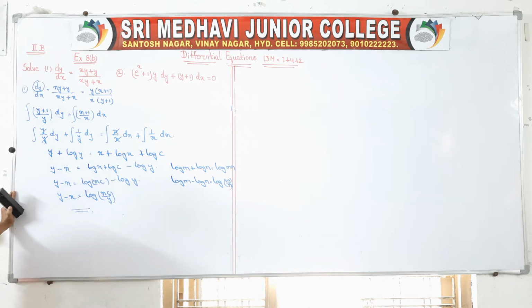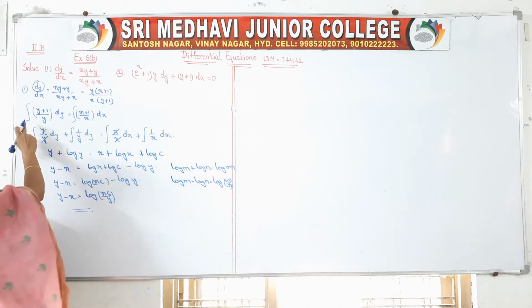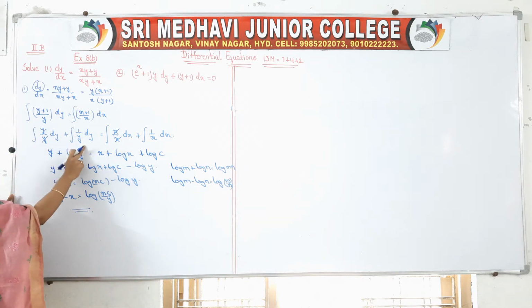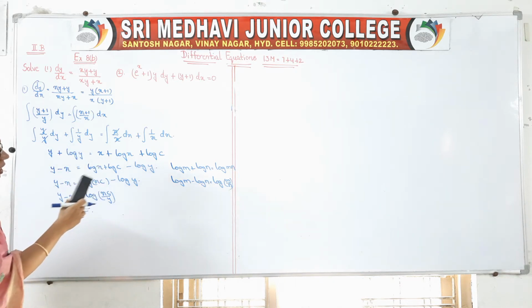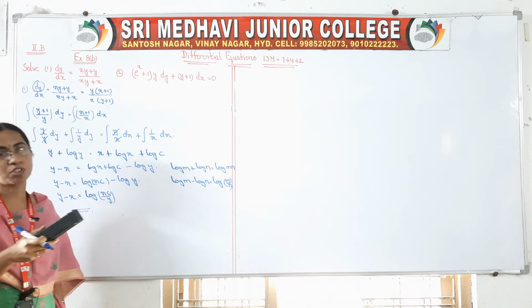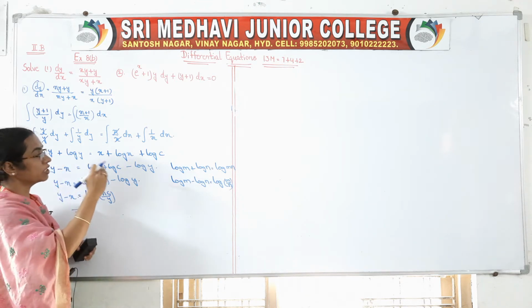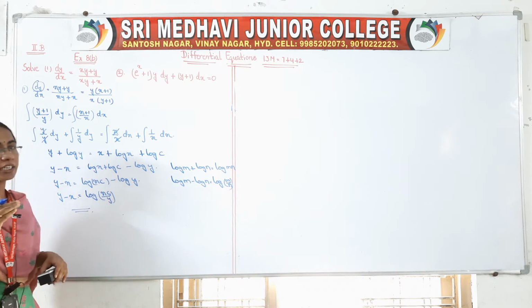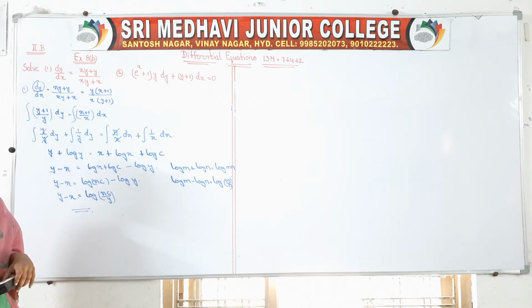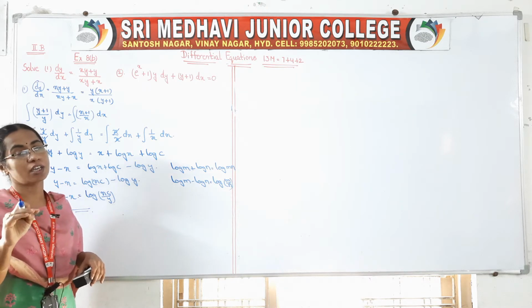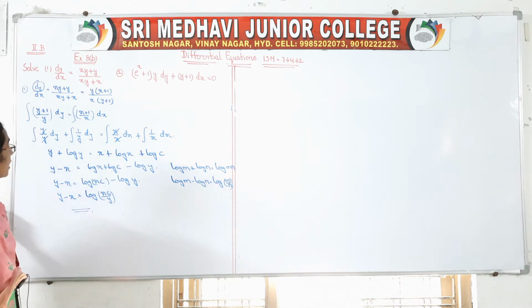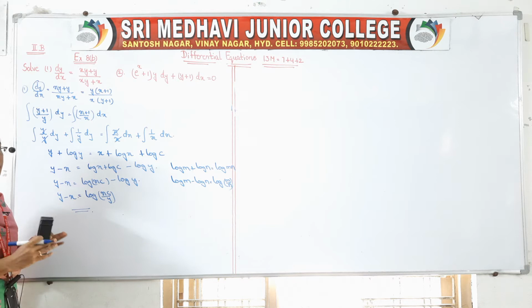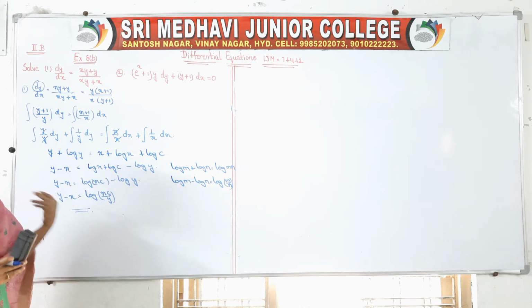Once variables are separated, we have to take the integral, that is the variable separable method. So just take the integral and write each and every term separately, right. So if you observe, there are log terms, more terms are in terms of log. So after the completion of integral, we have to take the integral constant. If the values are in terms of log, we can take the integral constant also in terms of log. That's why I have taken log c here. Okay, then you write all the log terms one side and the terms without log on another side.